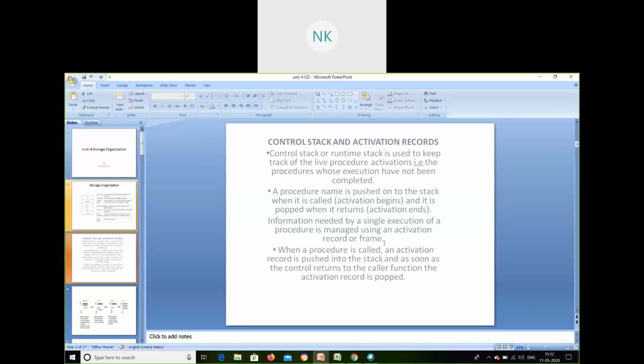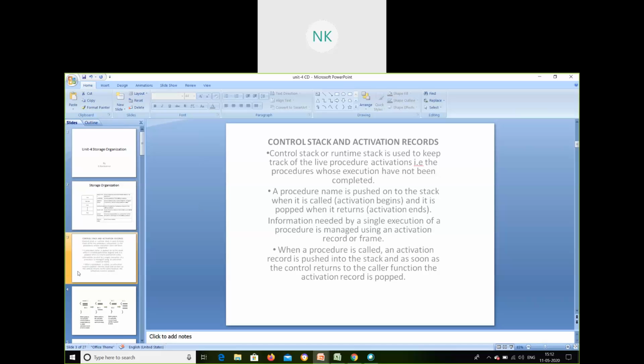For example, I have procedure B, so that will also be included in the link. While it is executing, it will call the next procedure, and the activation record for B will be created: local variables, name of the procedure, starting address of procedure B and ending address of procedure B, and when it is completed, how long it has executed. Then control passes back to procedure A, where it halted, and it starts executing. That is the work of the stack. Once it is done, it will release it and the space will be free.